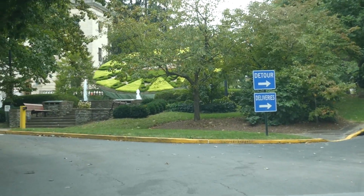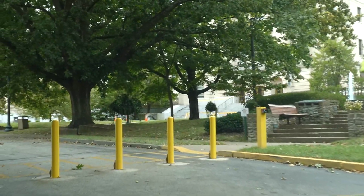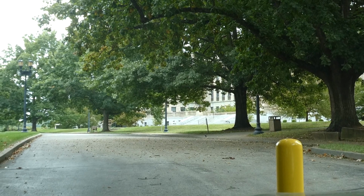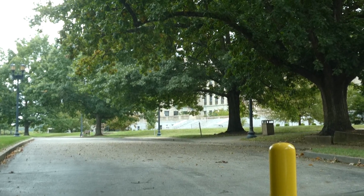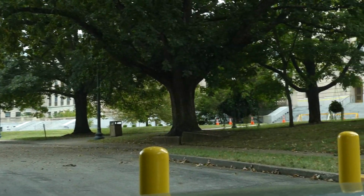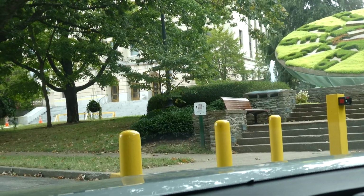See the big clock here? In Frankfort. And see those yellow posts. Used to, you could drive all the way around this. You could just drive around it, no problem. And it was great to see the back of the Capitol building. But now you can't do it. I guess Governor Andy Beshear felt like he wasn't safe enough or something. And so he...